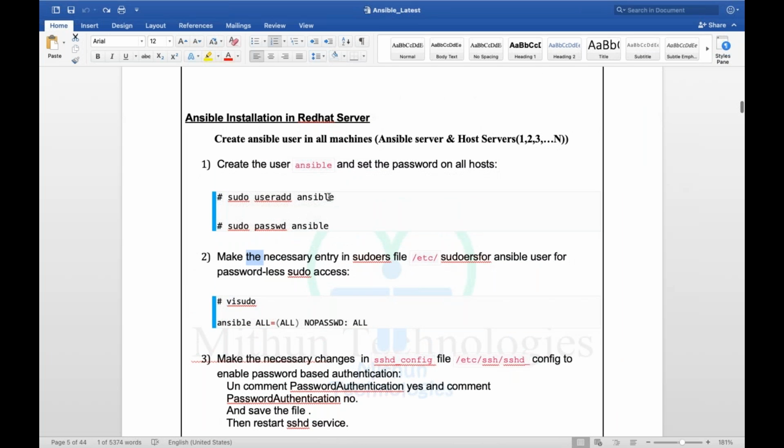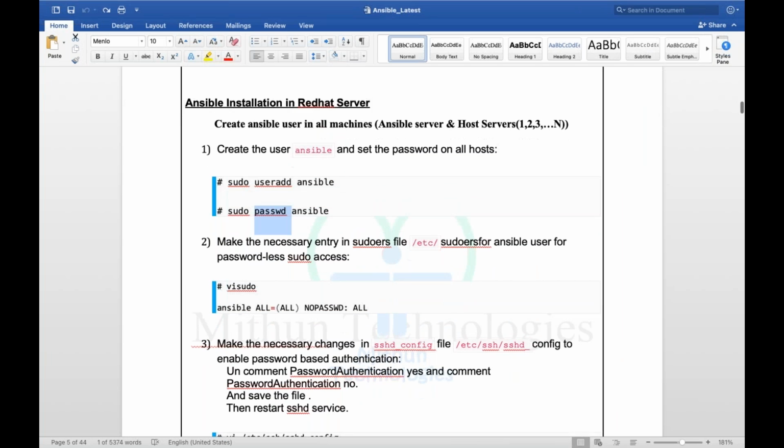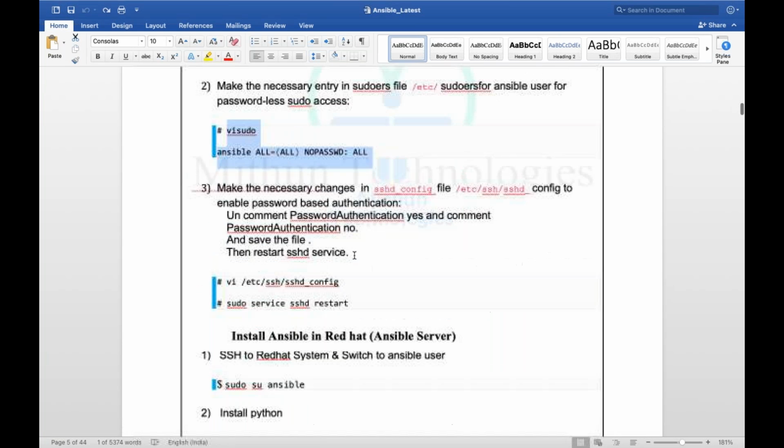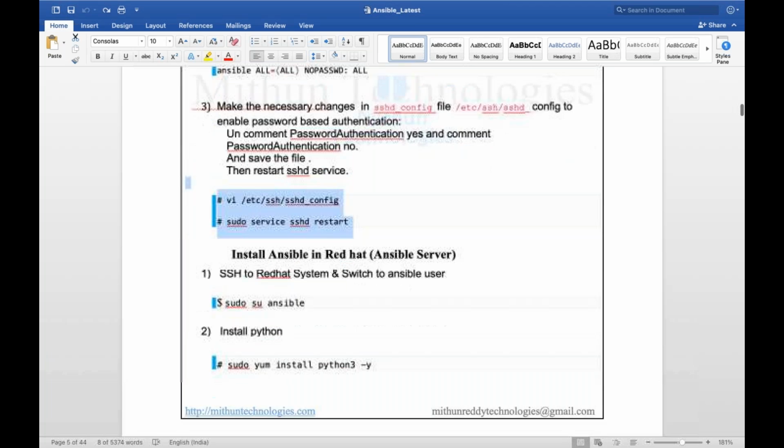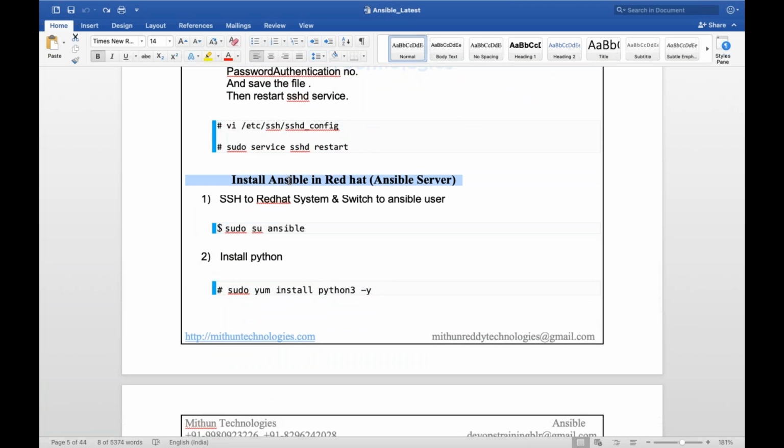So I created an Ansible user. I set the password. I have given the sudo access. I have enabled password based authentication. Now in that Ansible machine, I switch to the Ansible user. So what is the prerequisite to install Ansible? As I told,